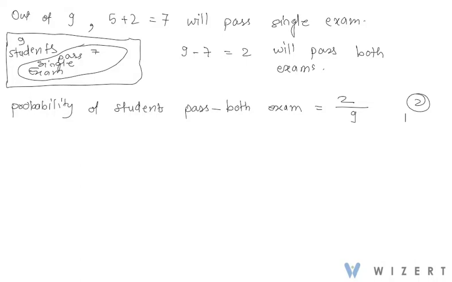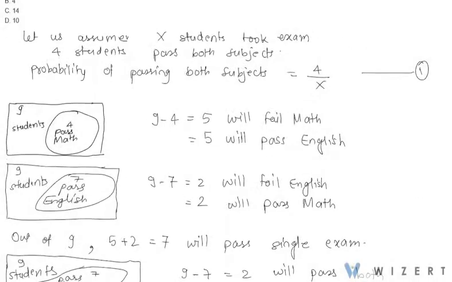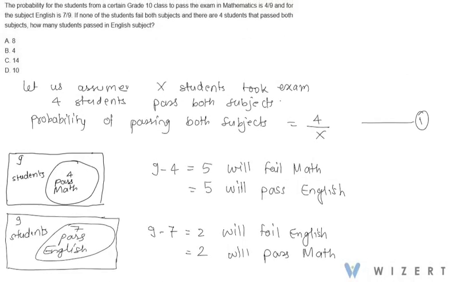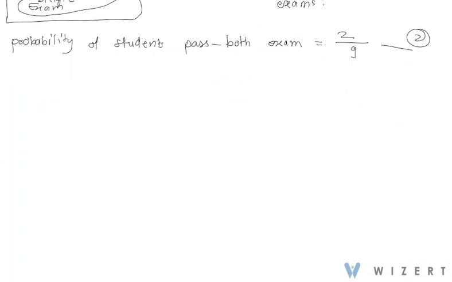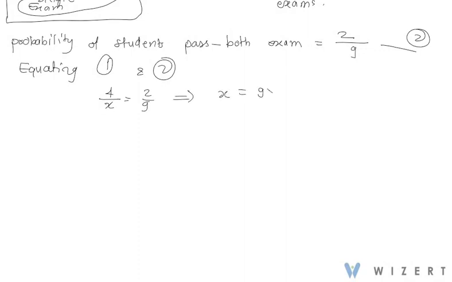Now, at the start of the solution, we had found out that probability of passing both subjects in actual numbers is calculated as 4 by x. So we can simply equate these two equations. Equating 1 and 2, what do we get? 4 by x equal to 2 by 9. That gives us x equal to 9 into 4 by 2, which gives us x as 18. So what is x? Total number of students